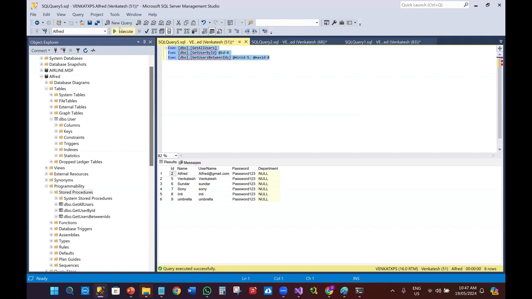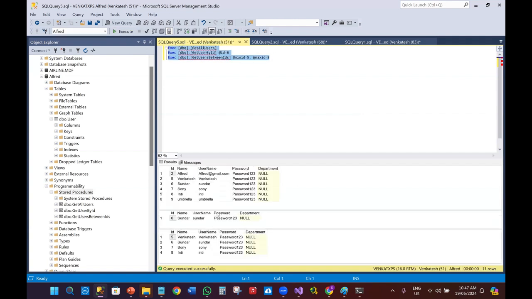Now let's run these 3. The first one gives everything, and the second one is just with the user ID 6. Now between 5 and 8, what are there? 5, 6, 7, 8, 9. Sorry, 8, because still 8 only. So 5, 6, 7, 8. Perfect. Good job. So this is how you can create stored procedures along with the parameters